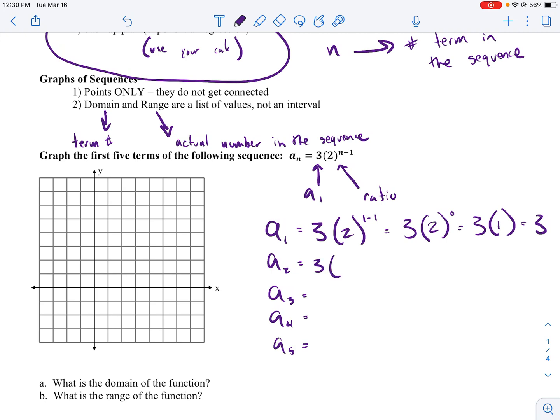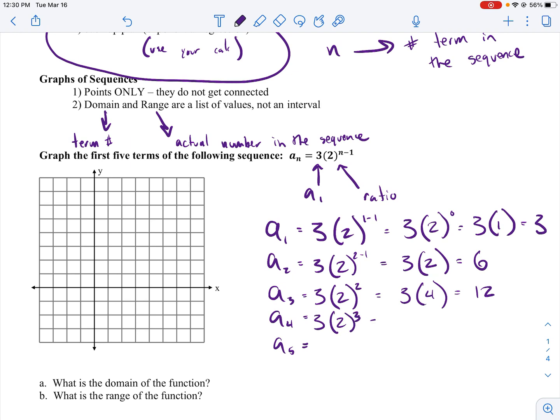Okay, this is going to be 3 times 2 minus 1, which will be 3 times 2, which will give us a 6. 2 to the second power would be 3 times 4. That'll be 12. 2 to the third power would be 3 times 8. 24. And hopefully you're starting to see the pattern. 2 to the fourth, that, am I drawing a blank here? 16. 16 times 3